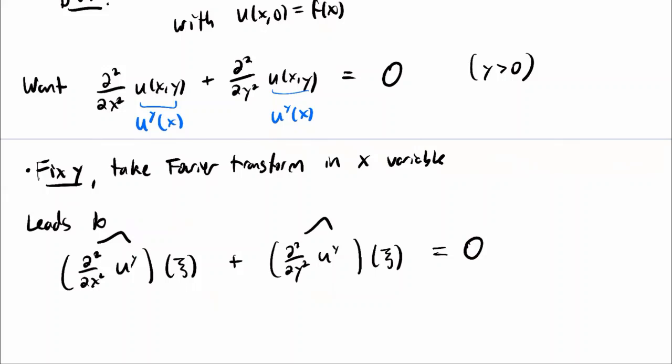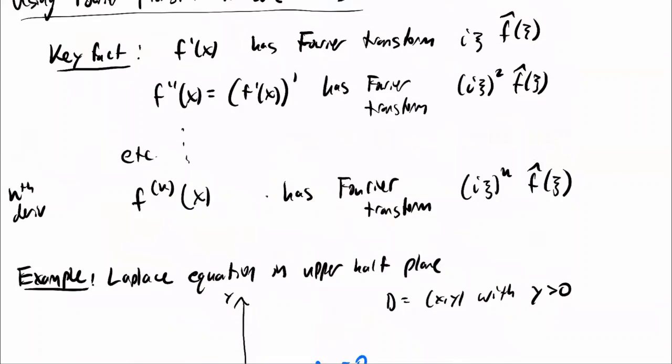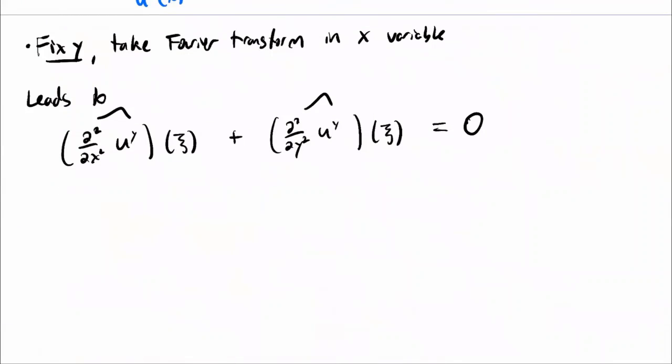So this is what we've done. But now I'm going to use the derivative property. Right, so on the left-hand side of the equation below, we had the Fourier transform of the second derivative, but that's just equal to (iξ)² times the Fourier transform of the original function, right? So this is equal to (iξ)² times the Fourier transform of u(x,y),